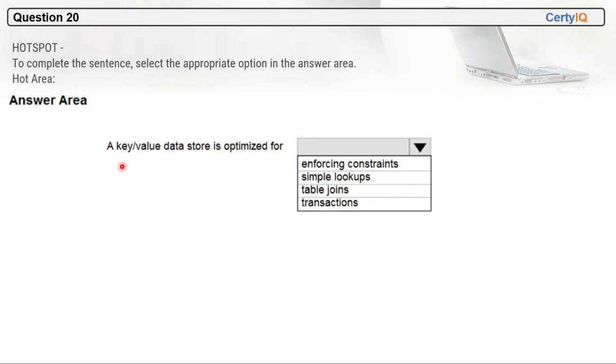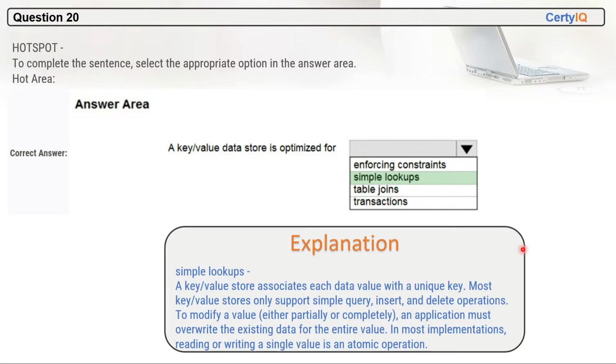Question number 20, a key value data store is optimized for simple lookup will be the correct answer. You are going to find these questions in the exam, right? So keep your focus here. We have only 40 questions, and definitely these are going to help you pass the exam. So this question you will find in the exam, and you have to mark simple lookups only, because simple lookup, a